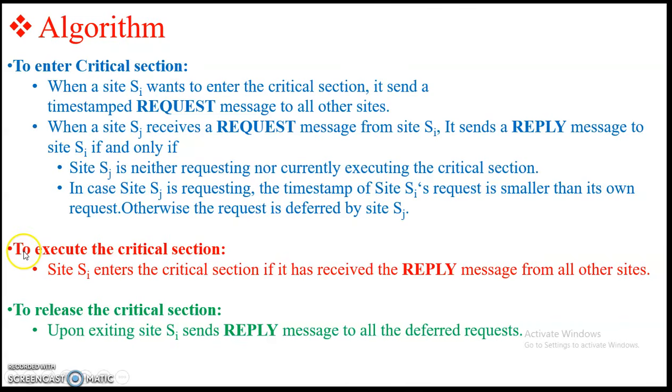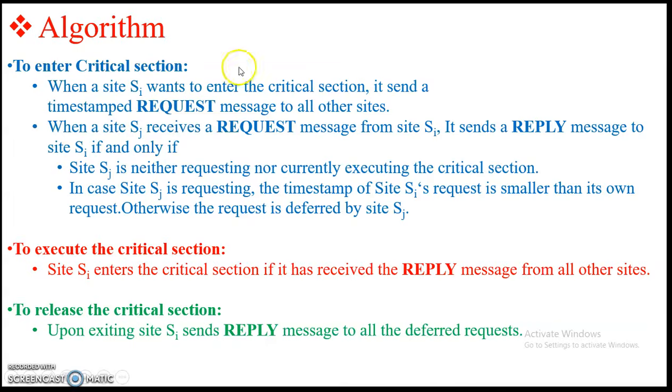If a particular process wants to execute the critical section, the requirement is that the reply message should be received from all other processes in the network. And to release the critical section, we just send a reply message to all the deferred requests. So that is all about the Ricart-Agrawala